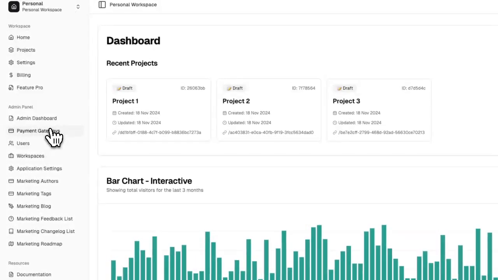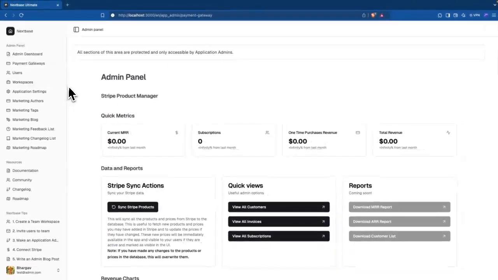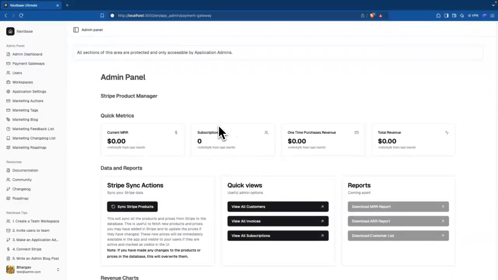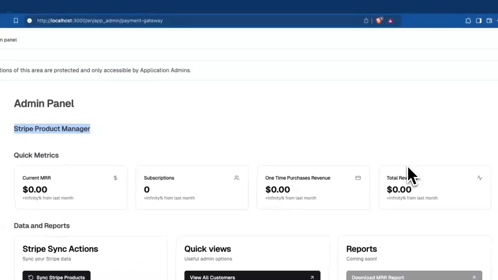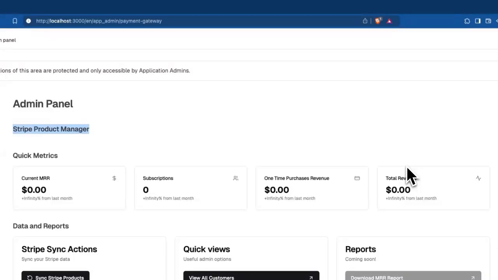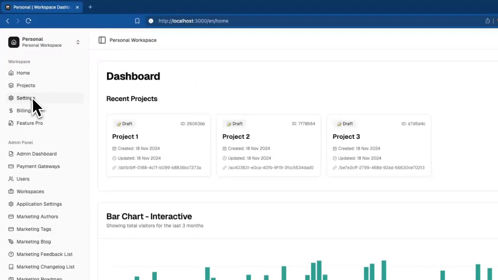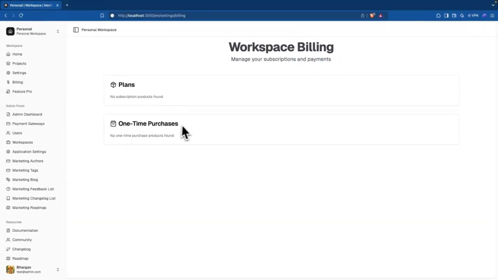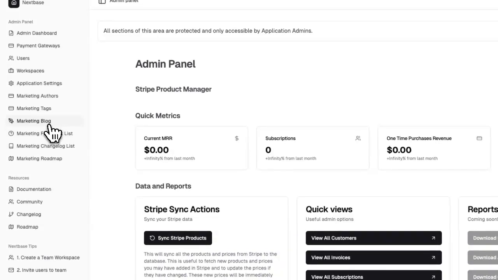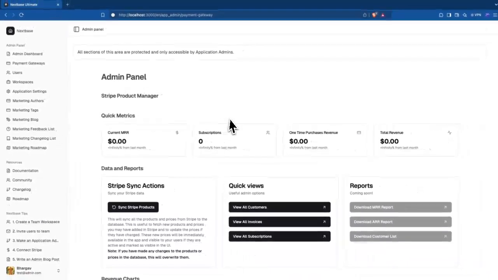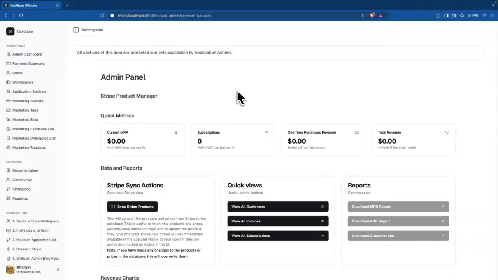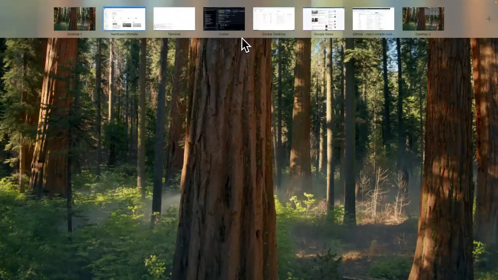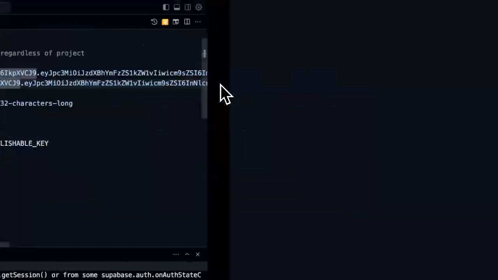Okay, there's still one other thing that I want to show you, which is the payment gateways. Right now, if you go to the payment panel in the admin panel, the Stripe product manager content here is empty because we have not linked Stripe yet. And if you go to any organization's billing section, there is nothing here. There are no plans, no one-time purchases, nothing that the user can take action on. So to quickly set up Stripe in the app, you'll have to go to the developer section and grab a couple of keys, the Stripe secret key and the Stripe